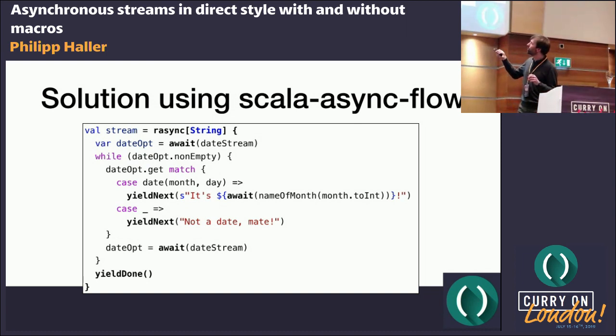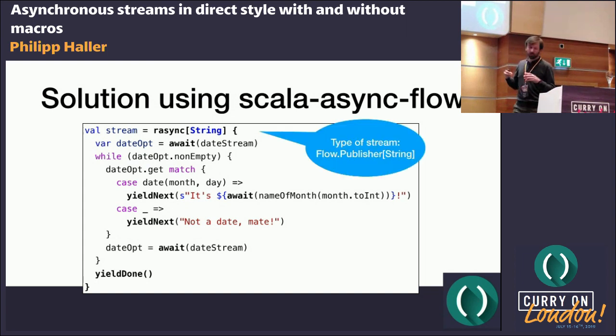So what we can do is we use rasync to create a publisher of string, and now within this block of code, this is again a suspendable computation. So it means we can wait for the next events of streams, right?